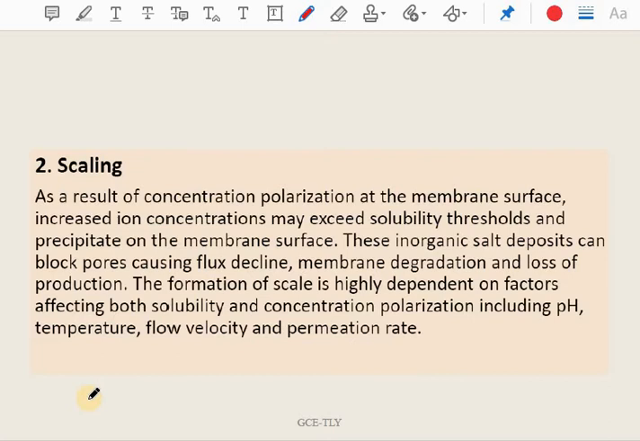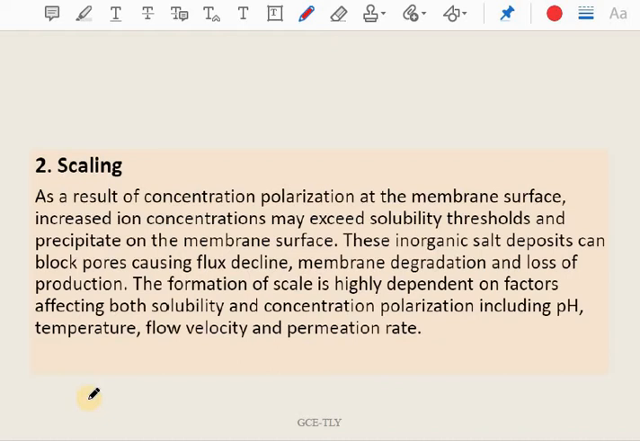So because of this, there will be precipitation of ions on the membrane surface. Mostly inorganic salts get deposited in this manner and they block the pores, and because of that they cause flux decline. That is, they disrupt the flow of water, and membrane degradation and loss of production happen as a result of this. The formation of scale is highly dependent on factors such as solubility and concentration polarization, including pH, temperature, flow velocity,